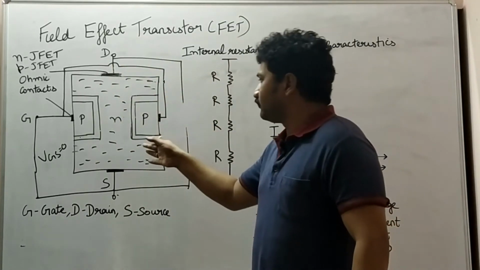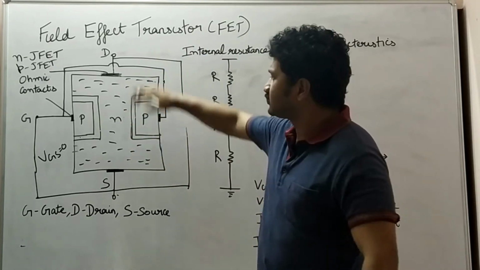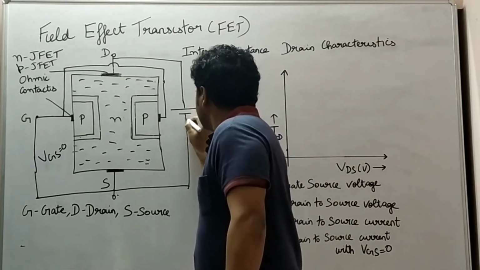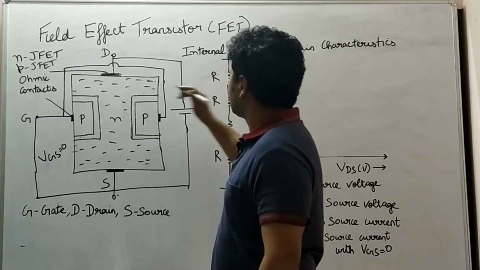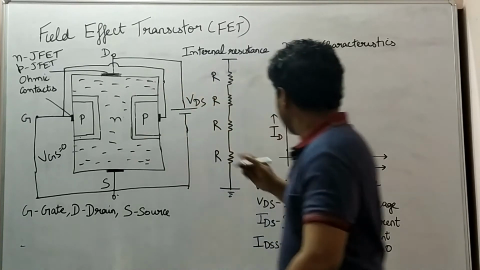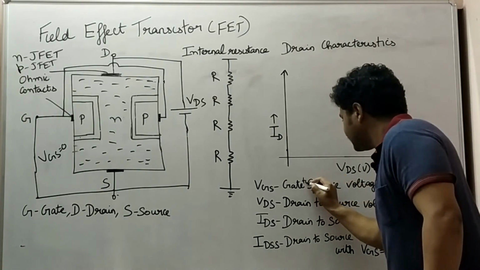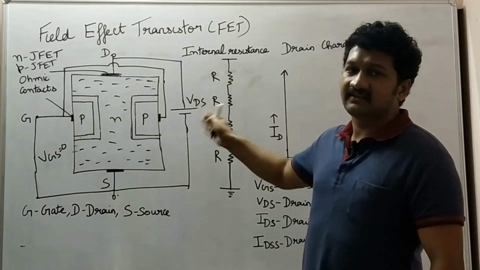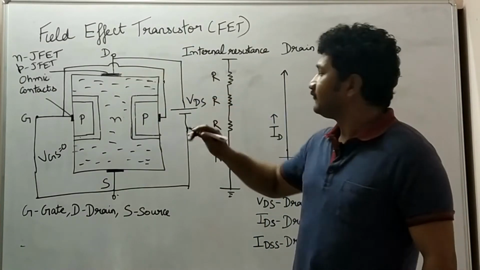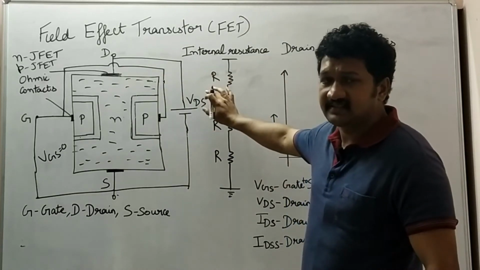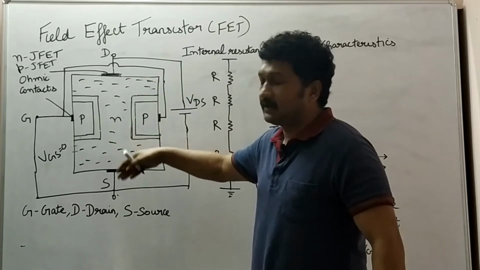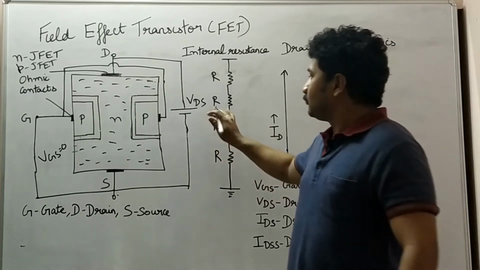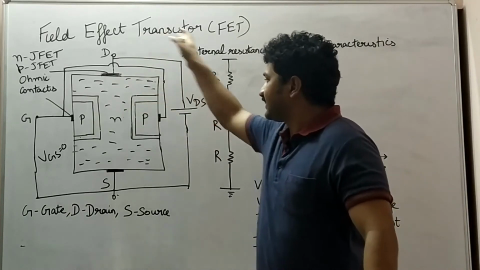Now the objective is to facilitate the movement of electrons from source to drain. We can do that by reverse biasing the drain to source terminal. This is called VDS, drain to source voltage. This is gate to source voltage. This is drain to source voltage. The more we increase the reverse bias, if you compare with that analogy, the more you increase the fragrance of the cheese, there will be more movement of mice. The number of mice moving from the chamber to the reward point will be more. Similarly, the more you increase the reverse bias, the movement of electrons will increase.